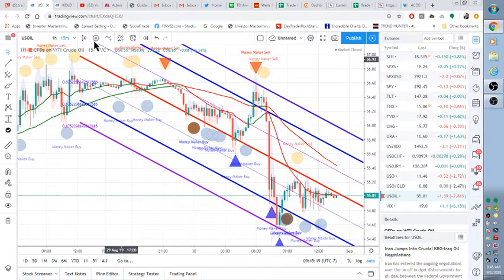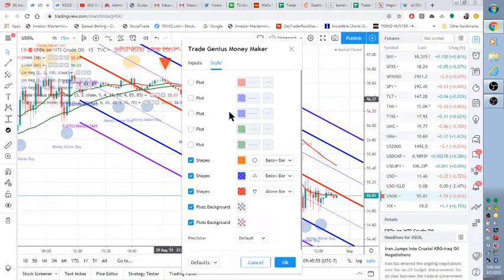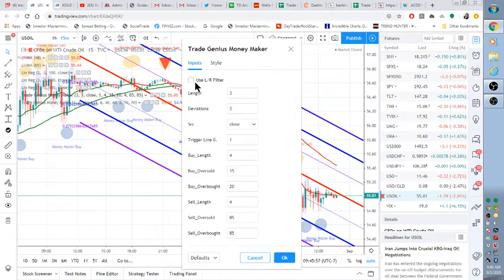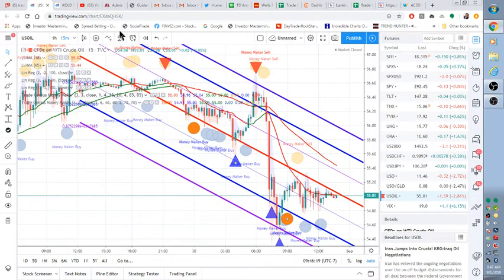So these are all custom, user defined. If you want to change these things, you want to use the filter, you want to use a longer look back, you want to say, I only want to get the absolute extremes of relative strength, absolute extremes on where it is in the channel. All those things are available to you, so you can play to your heart's content. But make sure you save this template as a template. You can do it right here, and then you have it available to you in case you forget what you did, so you don't have to come back and refer to the video. But I think you'll find it